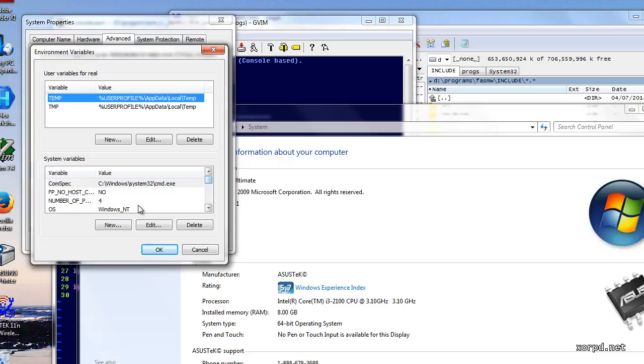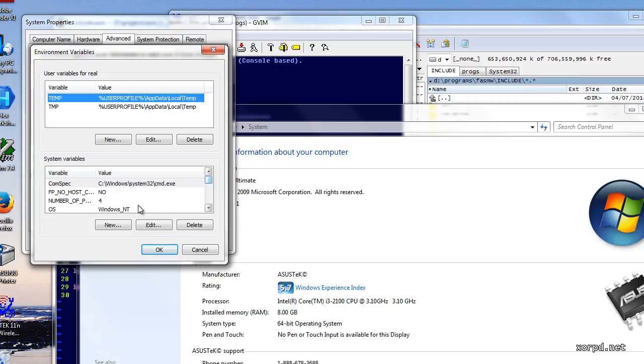In this window, we can see a list of the environment variables on the system. We can see that we don't have any include environment variable at this point,